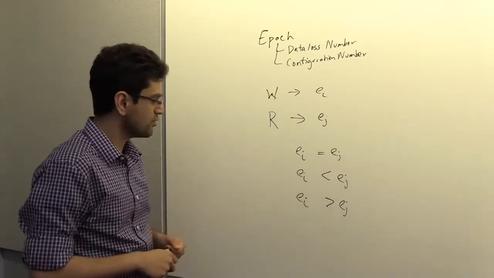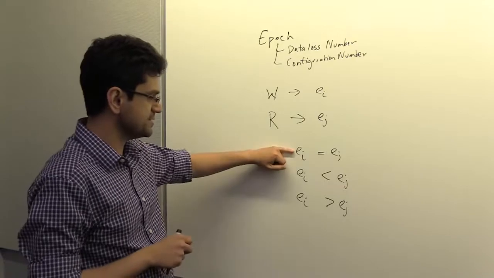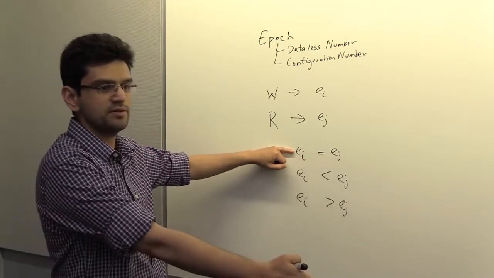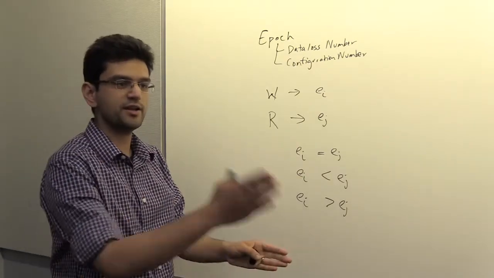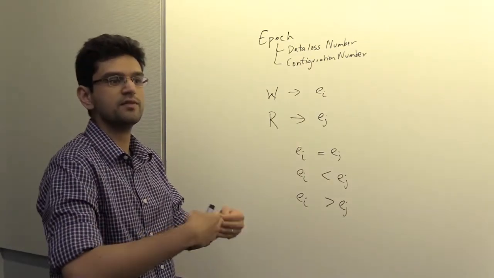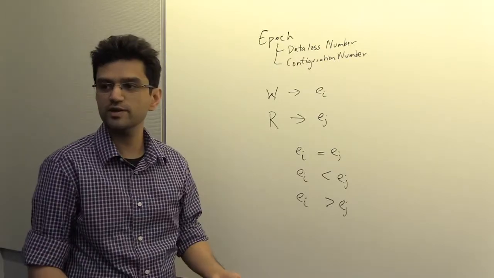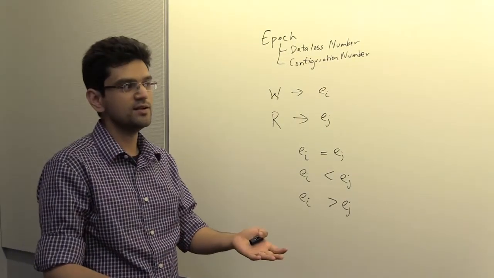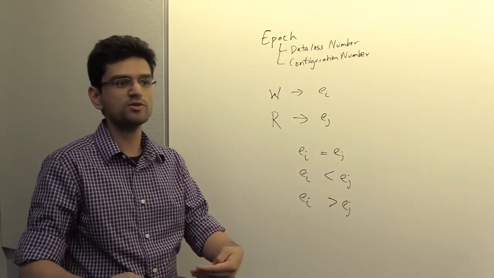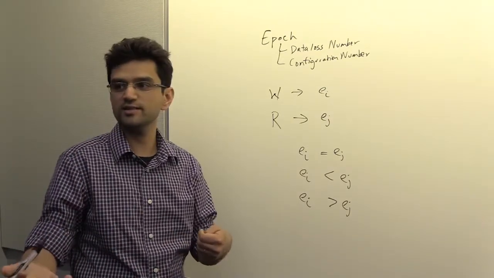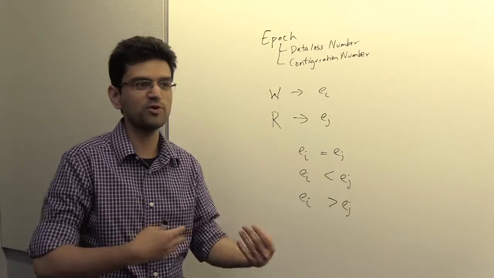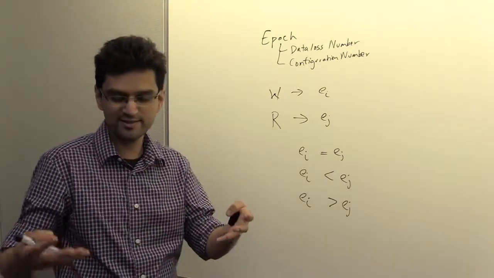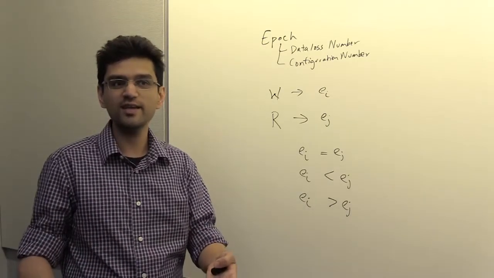Yes. So let's take the simplest case, which is EI is EJ, which implies you performed a write to a primary, and then you went and read data from the same primary, and nothing has changed since then. There has been no reconfiguration. In that case, what the reliability subsystem wants of the service author is that you write your code so that you remember what you wrote. So we do need the service to participate.